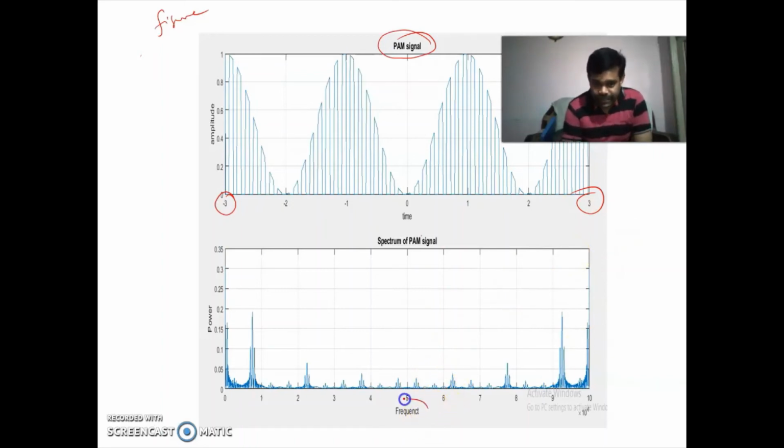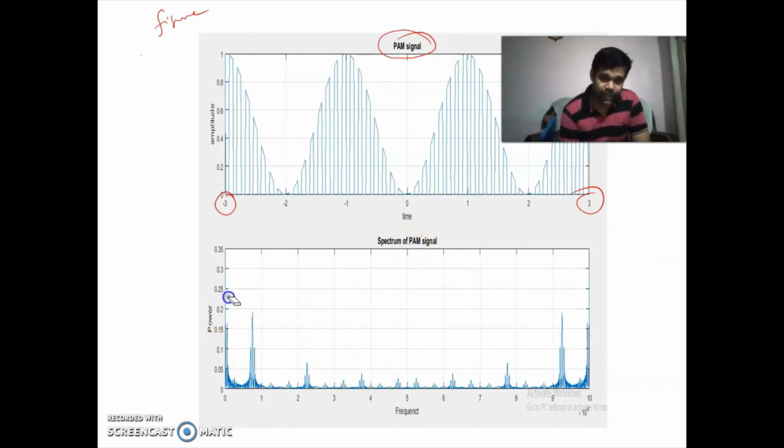Here for the time plot the x-axis is time. For the spectrum the x-axis is frequency and the y-axis is power.